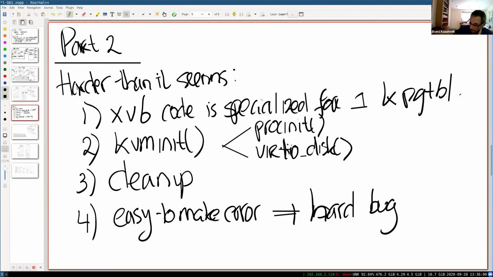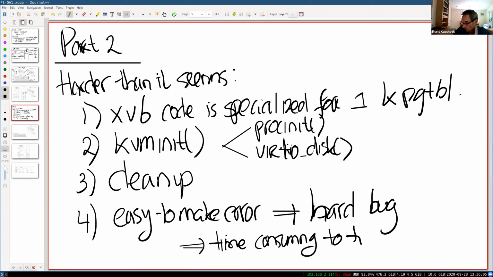And basically these hard bugs are just time consuming to track down, because at the point that the bug happens, that's actually not the real cause of the bug. The real cause is somewhere way earlier when you set up the page tables. Okay,